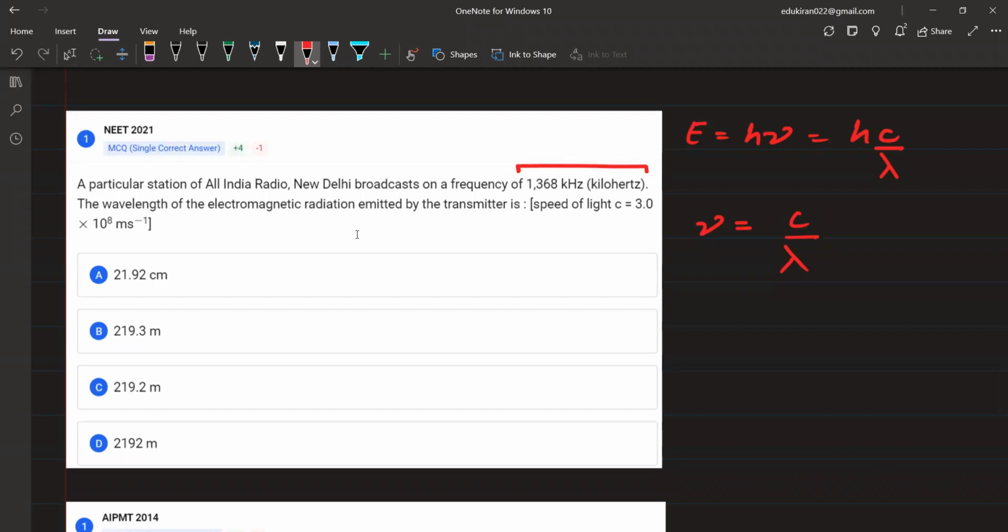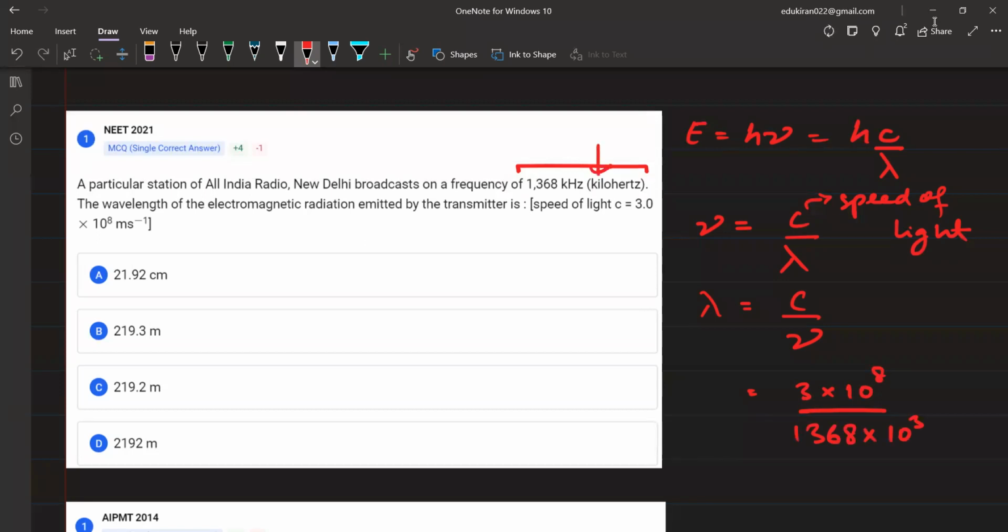ठीक है, यहाँ पे क्या पूछा उन्होंने? लैम्डा पूछा है, राइट? So lambda will be equal to how much? c upon frequency. c is the speed of light, I hope all of you know. कैलकुलेट कीजिए इसको। 3 into 10 to the power 8 होता है, speed of light, and the frequency that they have given is equal to 1368 kilohertz, right? तो 1368 into 10 to the power 3 भी होगा, because हर्ट्ज लेके चलेंगे, per second हर्ट्ज का मतलब होता है। ओके, सो कैलकुलेट दिस टर्म।